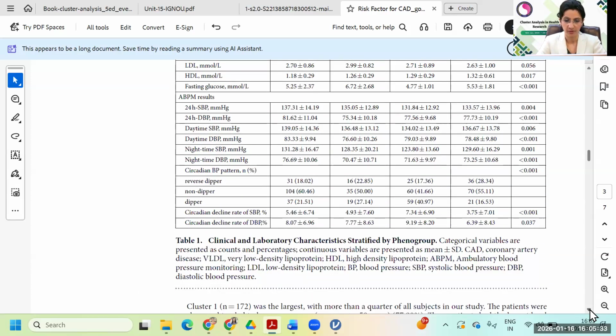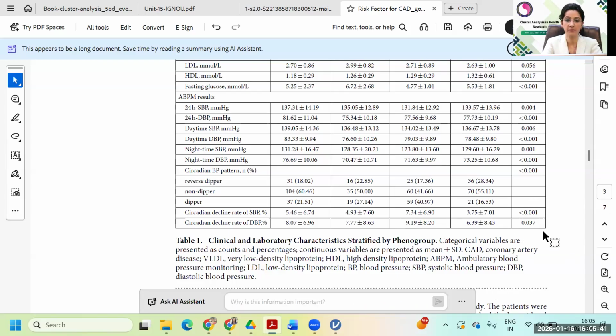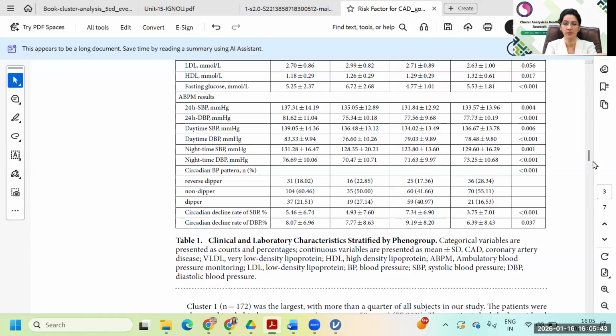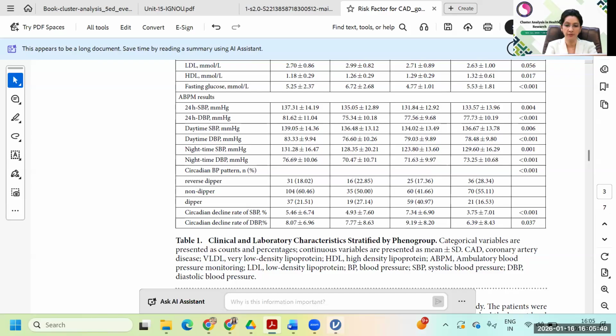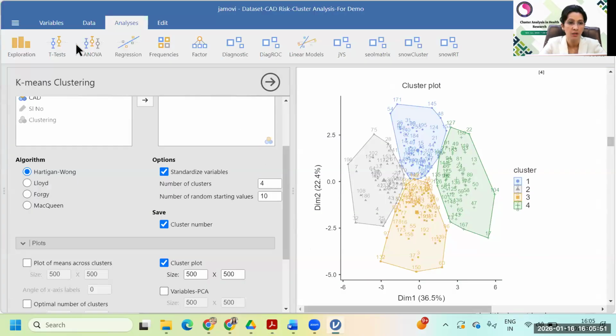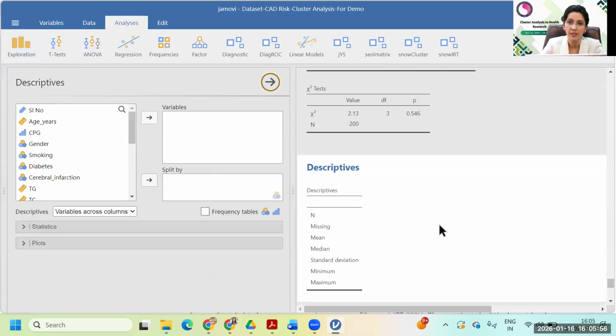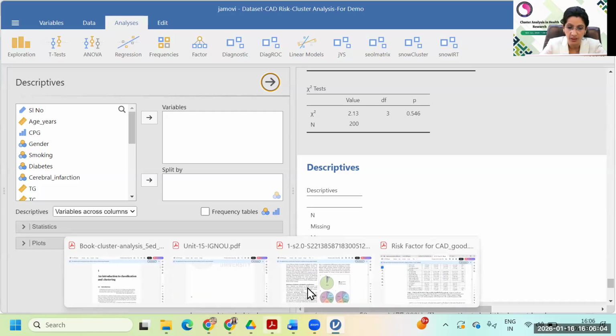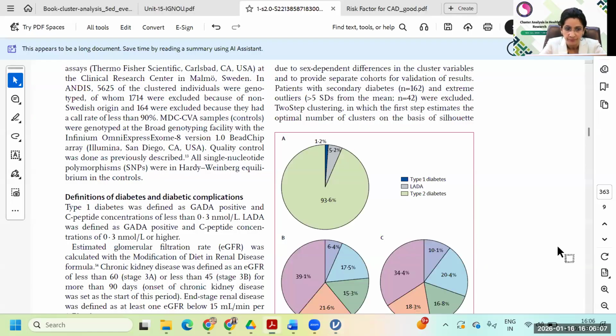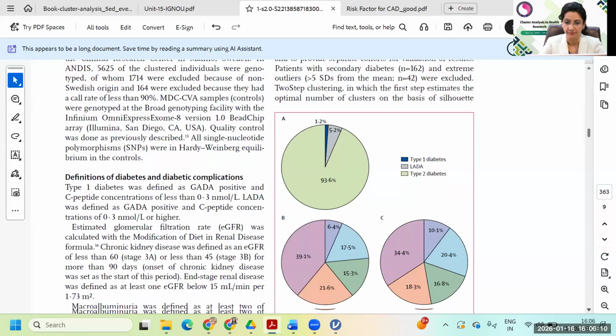And they have also written that categorical variables are presented as count and percentages, and mean CADL, all these they have written. So you can do this via ANOVA because this is more than 2 groups. And if you only need to give percentages like frequency, you can go with the exploration descriptive. Again, in many papers they do outlier analysis and make box plots. If you go through the other articles, this was regarding the diabetes, which I have shown